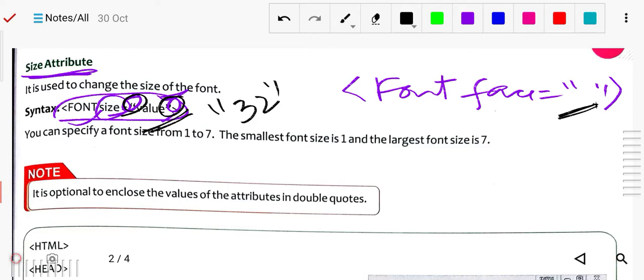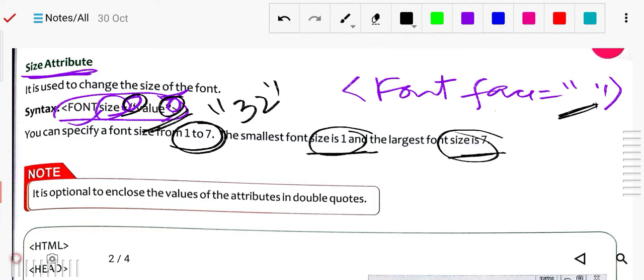The smallest font size is 1 and the largest font size is 7. So this value you can assign like 1, 2, likewise you can assign it.